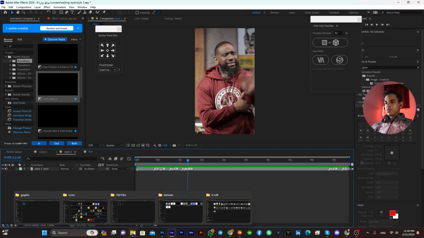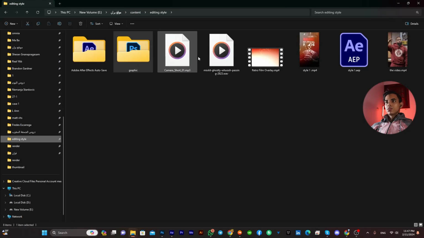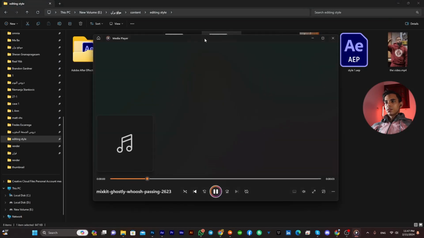So this sound effect is very important, and we got these sound effects here. So as you can see, we have this sound effect,